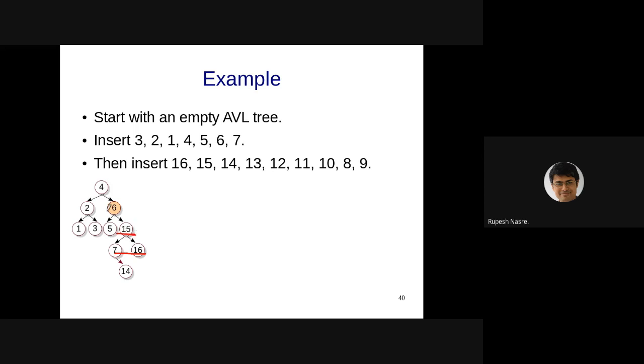However, you can see that there is an imbalance getting created at 6. Note again that the imbalance might not be getting created at the grandparent. It might get created anywhere in the ancestors, but only along the path from the root to the node that is being inserted. In this case, it is happening at 6, but it could have as well happened at 4. It cannot happen at 2, 5, 3, 1. So let's fix this. What case is this going to be?